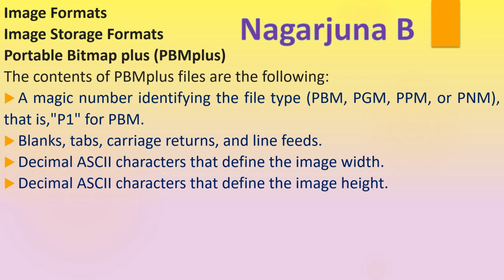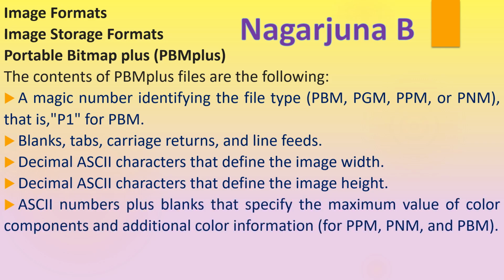So a PBM Plus file consists of a magic number identifying the type of the file, blanks, tabs, carriage returns, line feeds, decimal ASCII characters that define the image width and the image height,